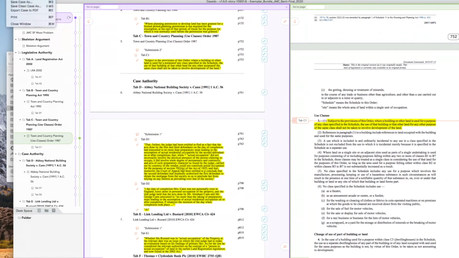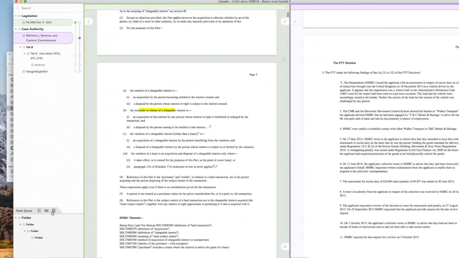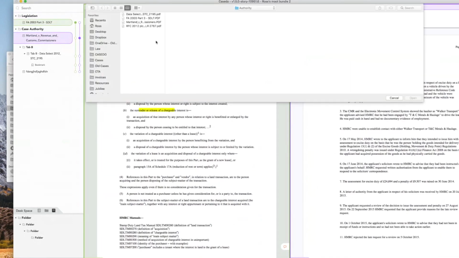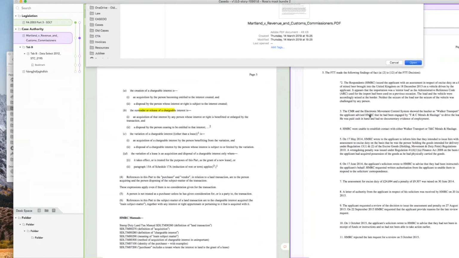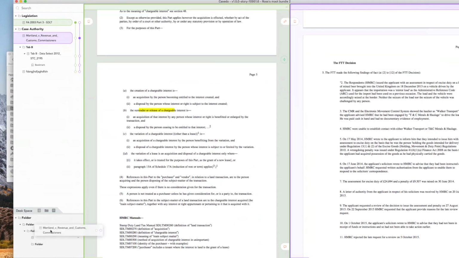If I go to File, Recent Cases, and jump back into my Moot bundle, it's a nice simple one. Let's bring in a new file. Bring the same one again. If I hold it over a folder, it will go into it. You can see this one is the same level. If I want to put it not in one, I hover it on the top half, and it will go outside the folder. If I move it up, it will drop in. So you can see where they're going to go just by hovering around.